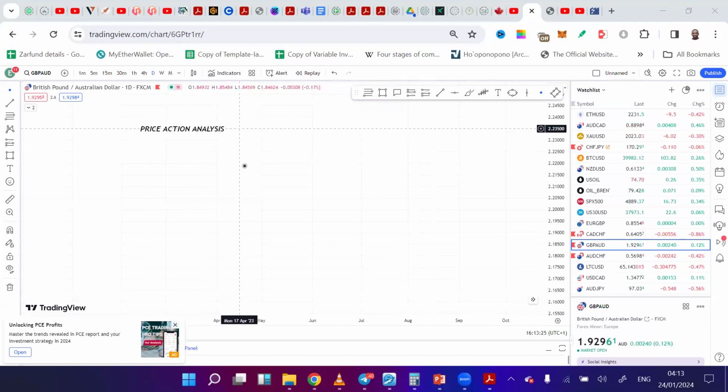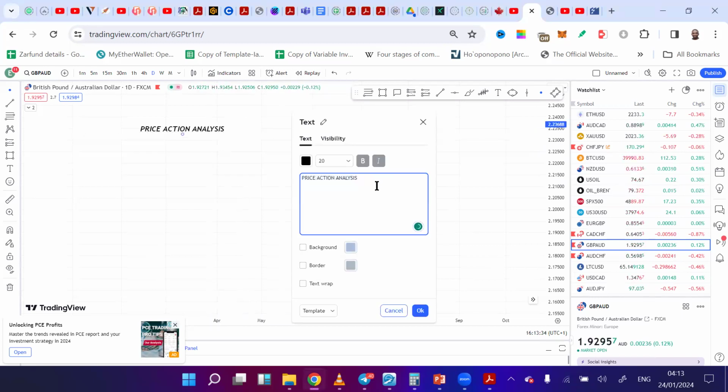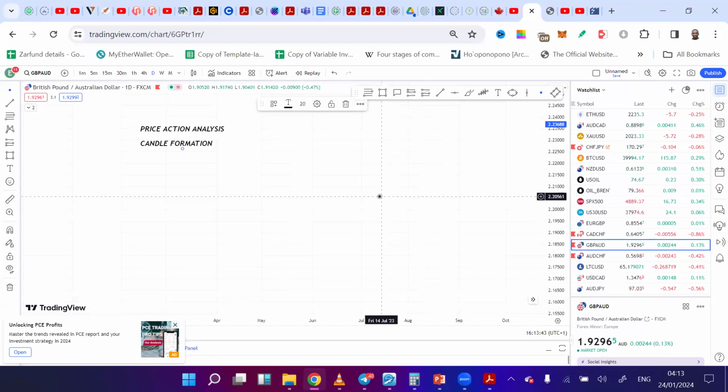So price action has to do with candle formation. When we say price action, we are talking about candle formation. So when you pick a candlestick, and then you look at the formation of that candlestick, it tells you a lot about what happened in that